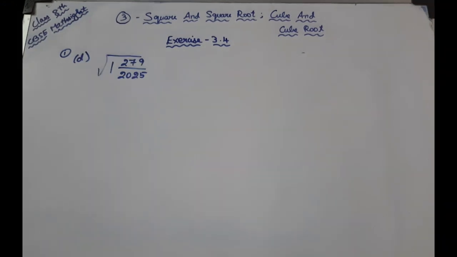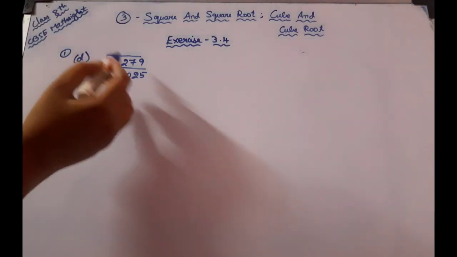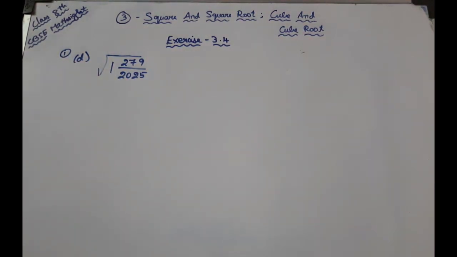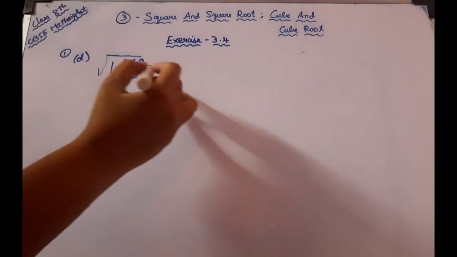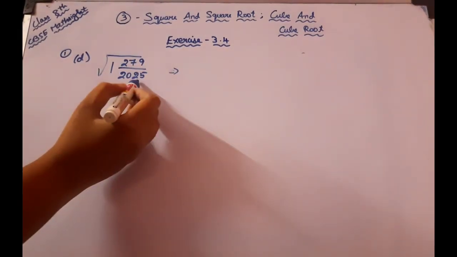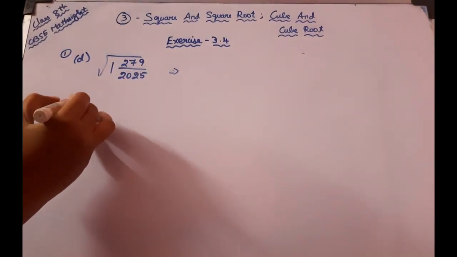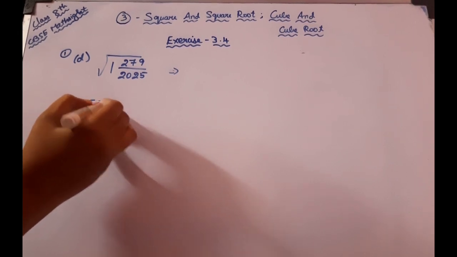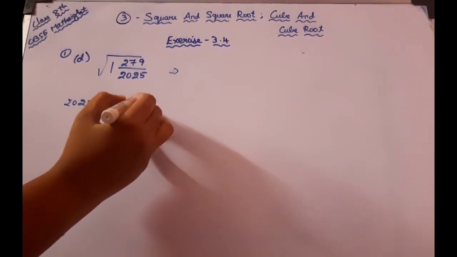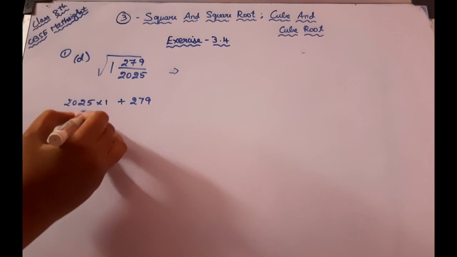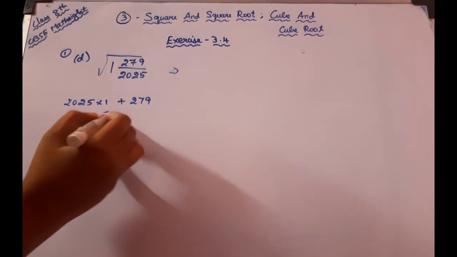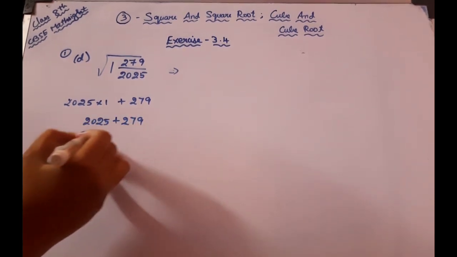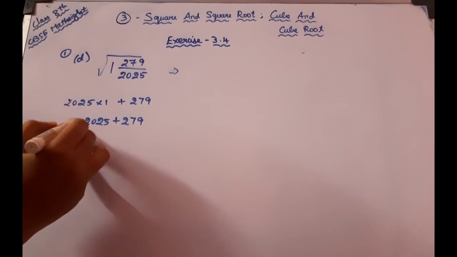We are going to see the next sum. Find the square root of 1 and 279 by 2025. So we will first make this mixed fraction into an improper fraction. So 2025 into 1 plus 279. So this will give you 2025 plus 279. So the final value will be